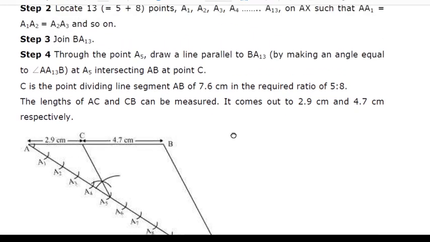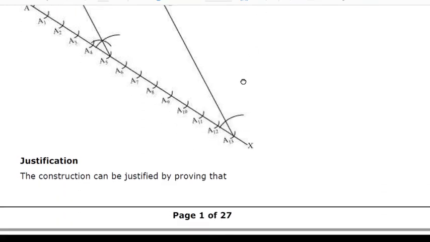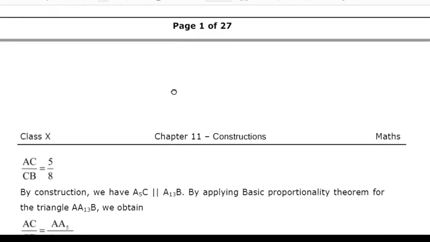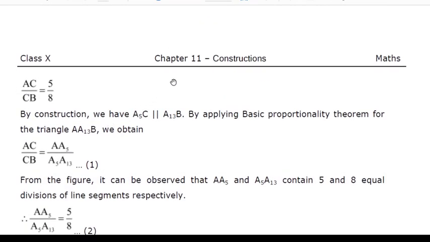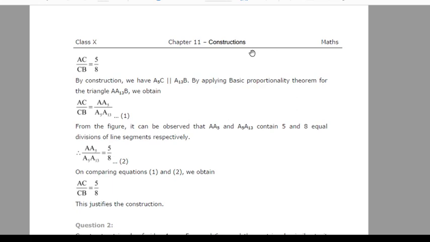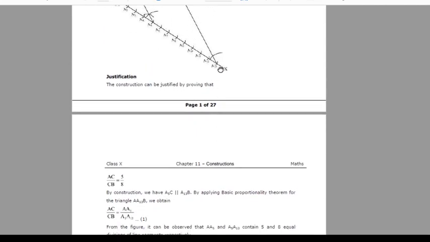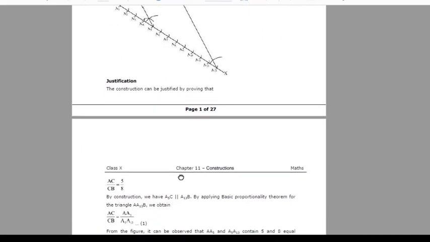Now the question is also asking for justification. What is justification? The construction can be justified by proving that. How? You see here AC upon AB. Again you see here this is your AC and this is your AB. AC upon AB is 5:8. Now again AC upon CB equals